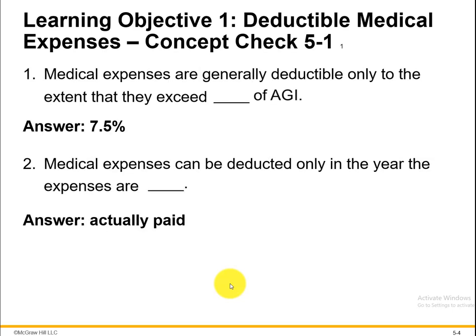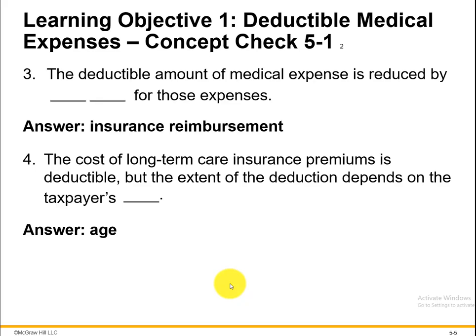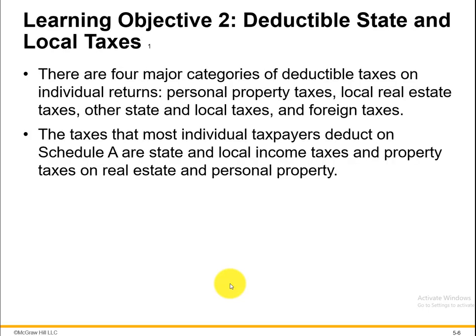So, review, the floor is 7.5%. Expenses have to be actually paid only in that year. Okay? You have to reduce it by any insurance reimbursement, and the amount of your long-term care insurance premiums has to be compared to the amount based on age. All right, so obviously it gets more expensive as you get closer to the time you need it versus as you pay for it when you're much younger. All right, jumping